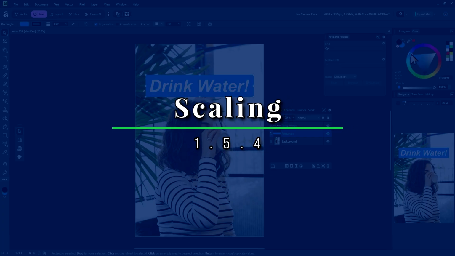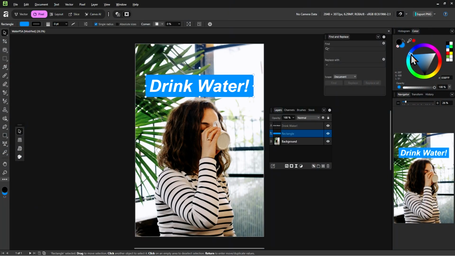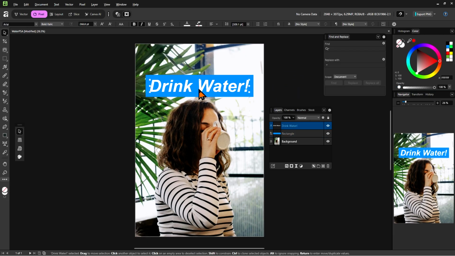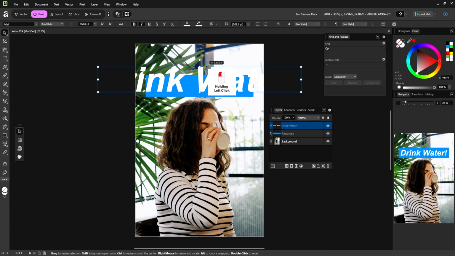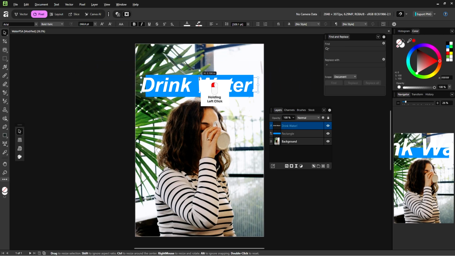So you're probably wondering what these circles surrounding the bounding box are for. Well, they are for scaling and rotating. Let's start with scaling. I will select the drink water text, and then I will go ahead and drag around one of these white circles, and as you can see, they are scaling it up and down.